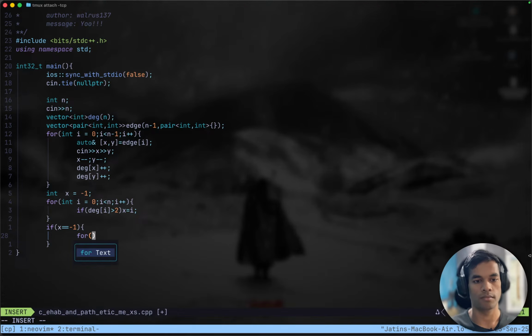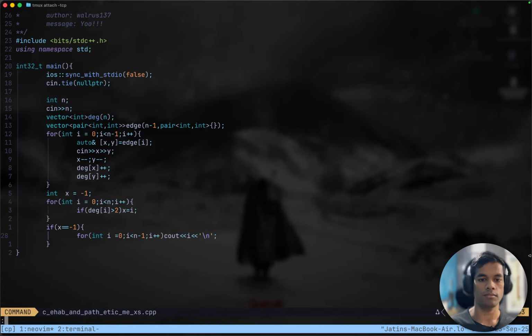So we can just output these edges in any order, it does not matter, because I less than n minus 1, that is the number of edges we have, I plus plus, cout I and a new line. But else, if that is not the case,